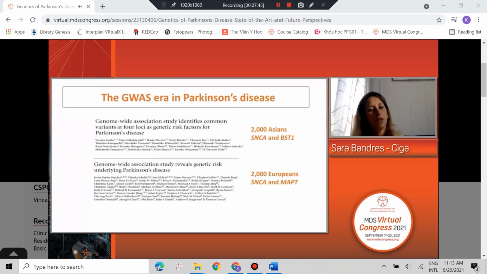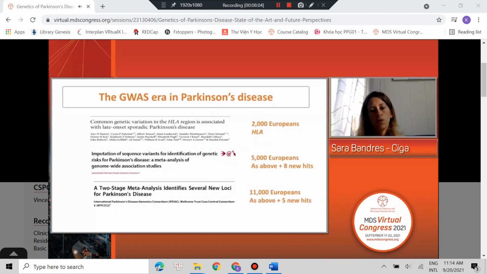etiology. But then we have, on the other end, genetic variants in SNCA as well that are common and that have a smaller overall effect size on disease etiology, and those are going to increase only slightly the risk for disease. And so from that point on, really great advances were made in identifying many of these loci that confer risk for Parkinson's disease. And this era really led to increased collaboration that allowed the identification of new and important insights on disease etiology.